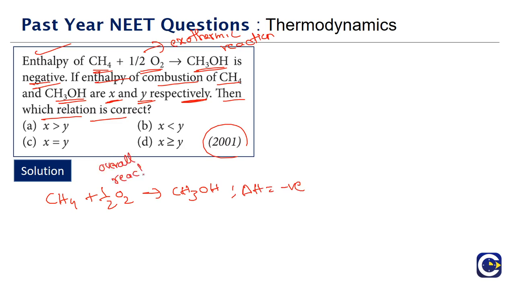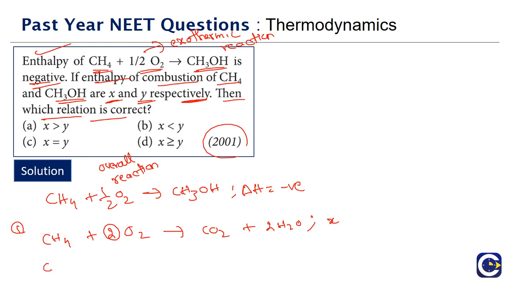Okay, now let us see what are the other things that they have mentioned. The enthalpy of combustion of methane means what? The combustion of 1 mole of methane. Here we must balance the oxidant. In the end CO2 plus 2H2O will come. I am not representing the states because here it's not very much required. So we should see that there should be 2 moles of O2. That's when it is balanced. Okay, so let's call this equation 1. And for this the enthalpy of combustion is what? X. Second is what?